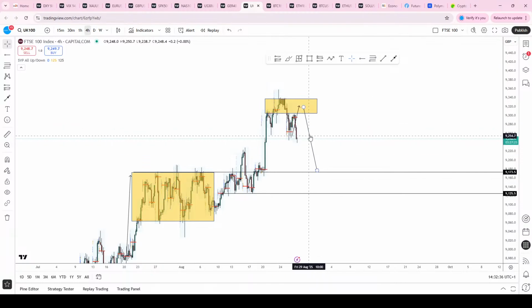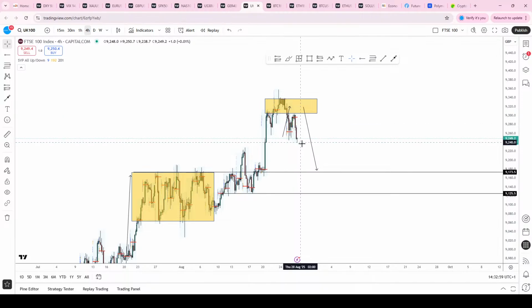In terms of the FTSE, this was the play we looked at last night, looking for a short-term dead cat bounce rally, and then looking to see would we actually get that initial movement. These were the arrows that we drew in last night's Zoom. So far, it actually is playing out a little bit. Maybe would have liked to see a little bit more of a deeper upside correction. But overall, the theory, the logic behind the FTSE move so far is working out.